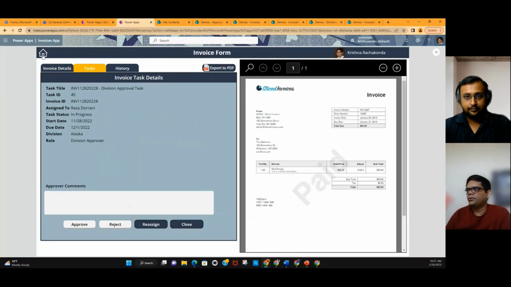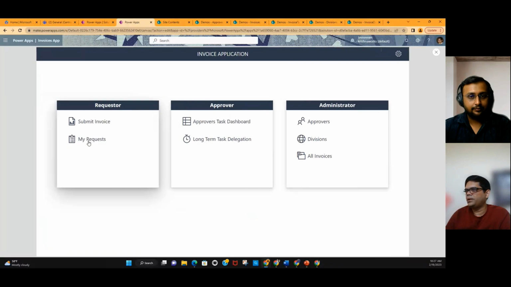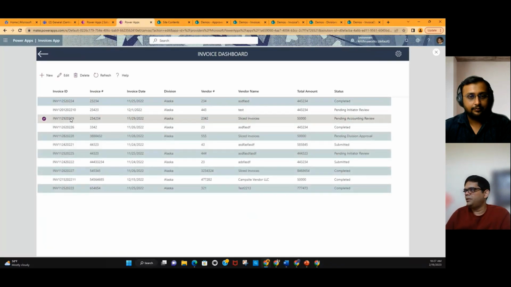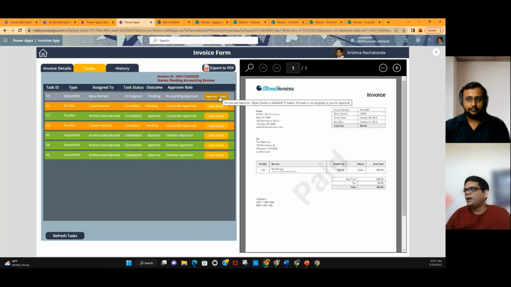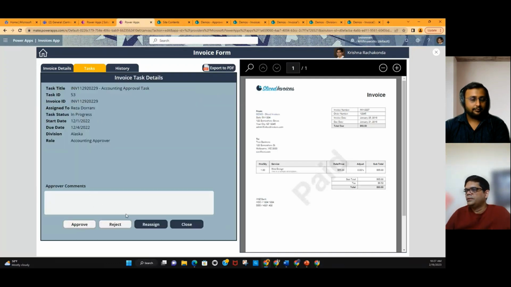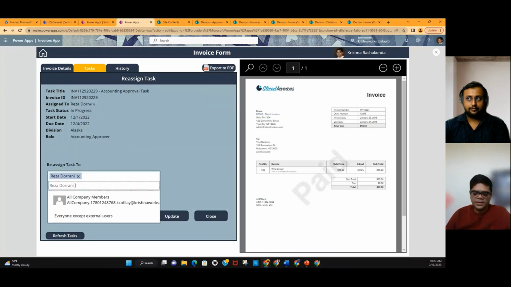So let me quickly go to that, and I want to see if there are any items. Let's see here, pending account review. I want to see if there are tasks here. You can see this color coding will help us see which tasks are approved, which tasks are cancelled, which are the orange color, the ones in progress are in gray, and if something is rejected, it is in red. So you can easily identify that. Let me reassign it quickly